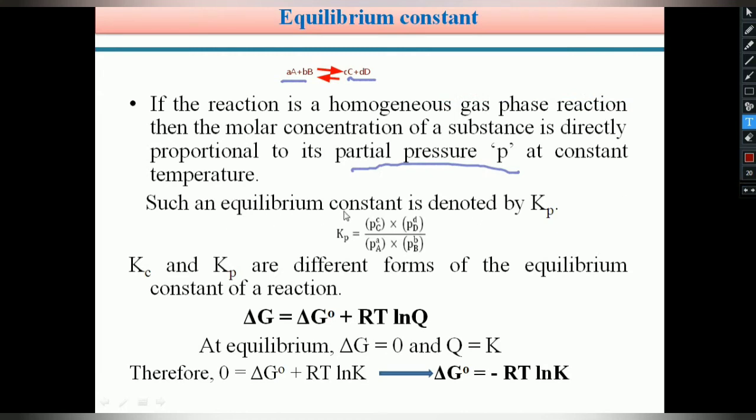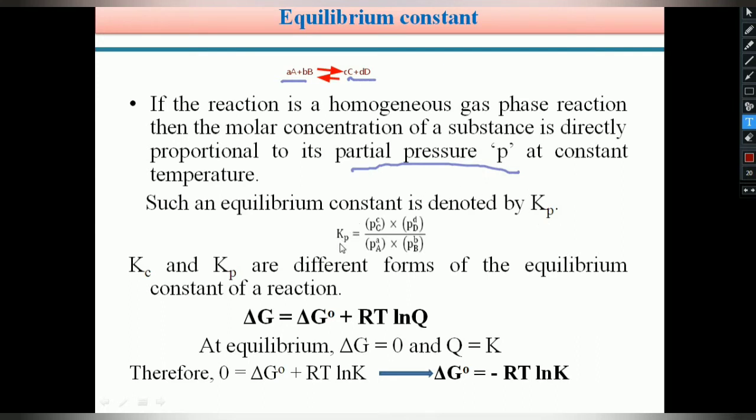Therefore, in that case, previously we were discussing the equilibrium constant with the concentration of the substances. That's why there we wrote Kc. Here we are using gaseous substances, both products and reactants are in gaseous phase. In this case, we take concentration in terms of partial pressure of the gas. Let it be P. Therefore, this is also a reversible reaction, and the equilibrium constant is denoted with Kp. Here we are considering partial pressure in place of concentration.